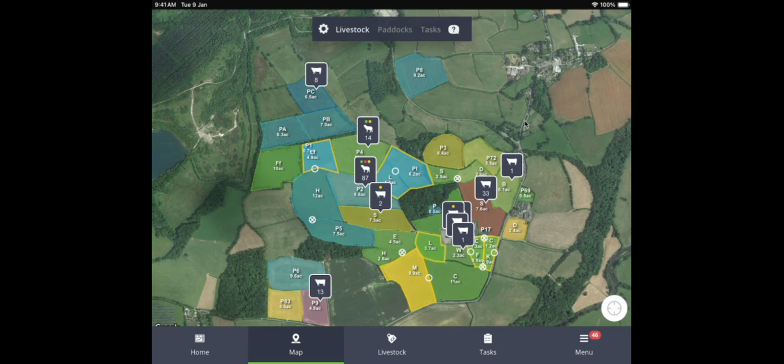Hi there, today I'm going to be showing you how you can record sales and purchases. For the first example, I'll show you how to do sales from the mobile app, but you can also do this from the web. Firstly, if you head into livestock